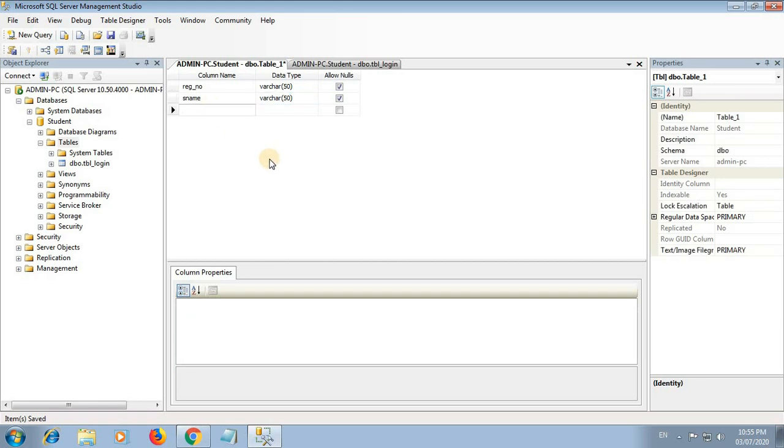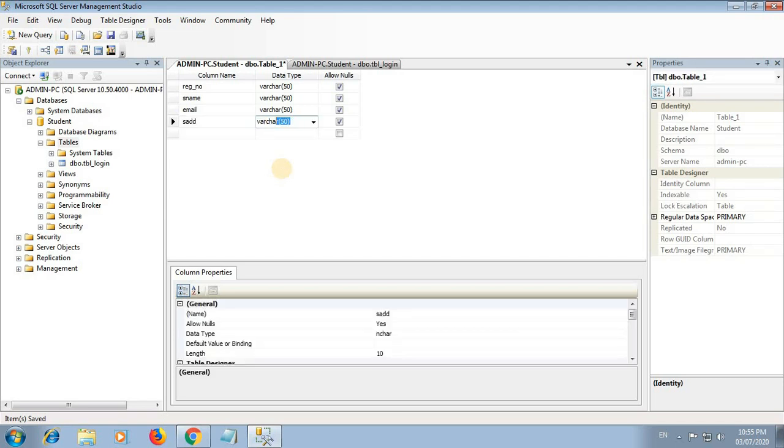Then email, it should be a varchar. Then provide the contact detail, that is student name, email, student address. For storing an address, there is another property, that is varchar max.